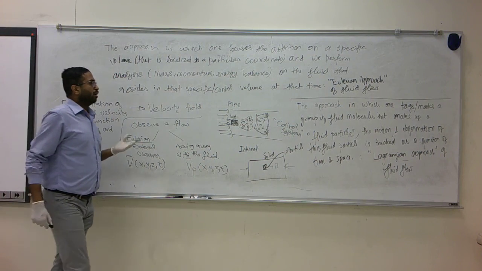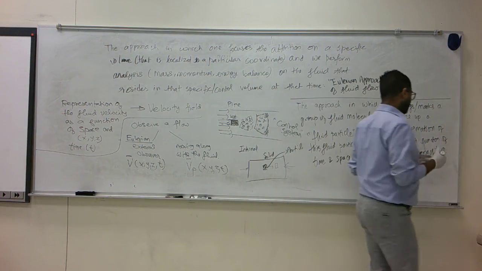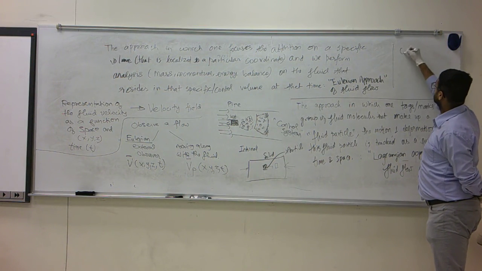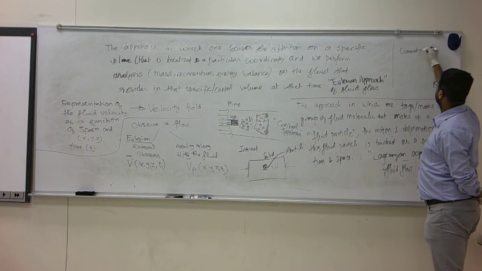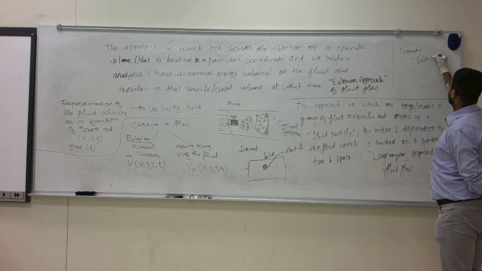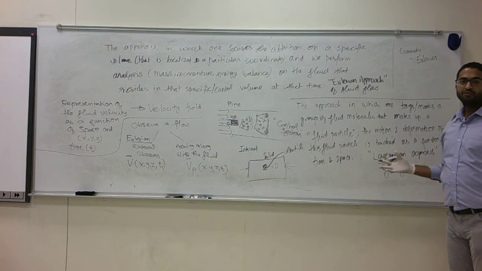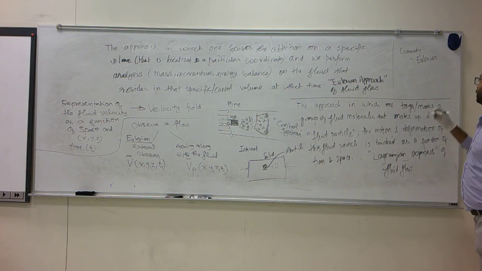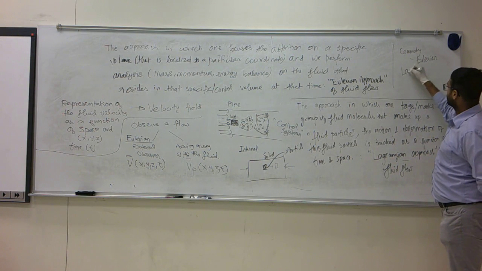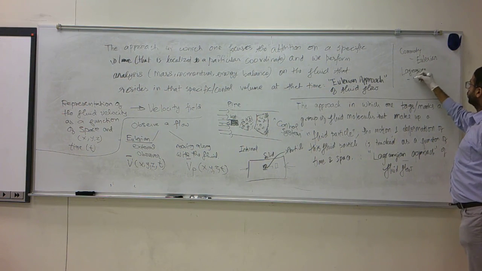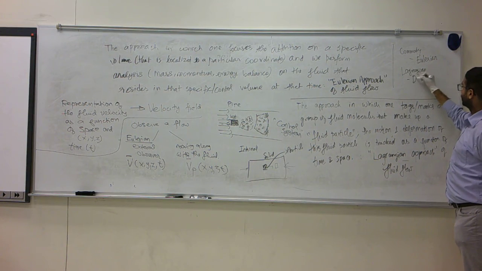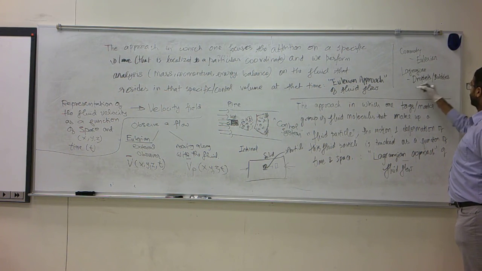Now, where are these used? The most commonly used is the Eulerian point of view, the Eulerian description of fluid flow, because we always want to know the global picture, we want to know the properties of the flow for the entire flow, not just in one point. The Lagrangian point of view is used for some special cases, especially to track droplets or bubbles or solid particles.